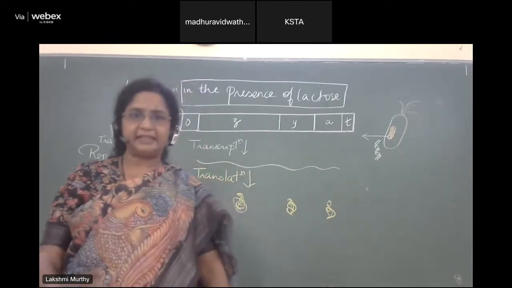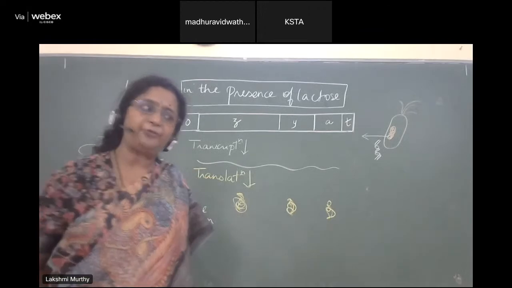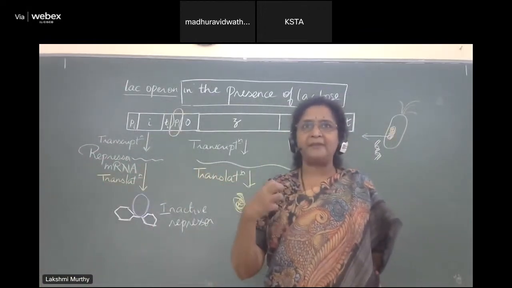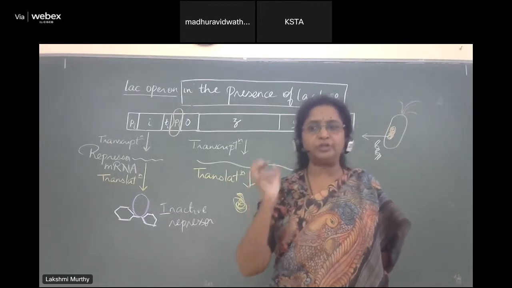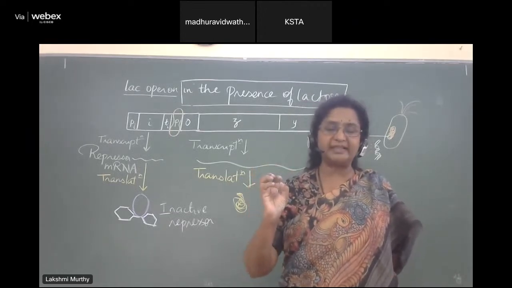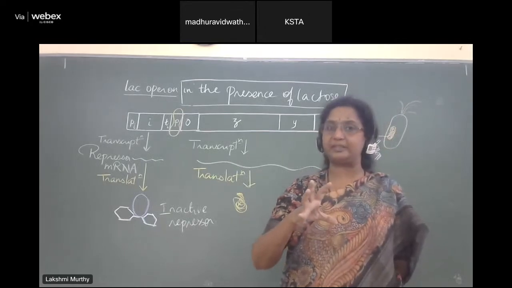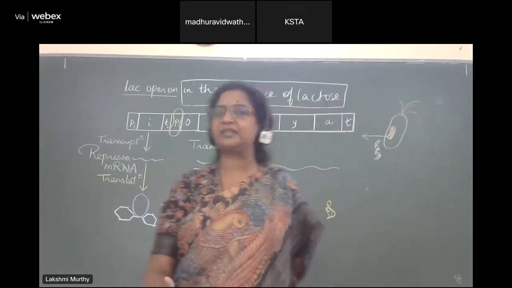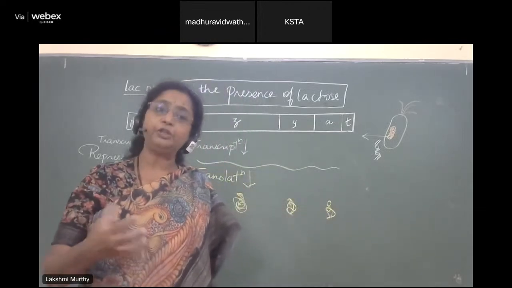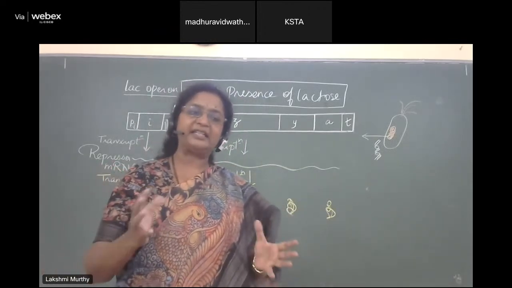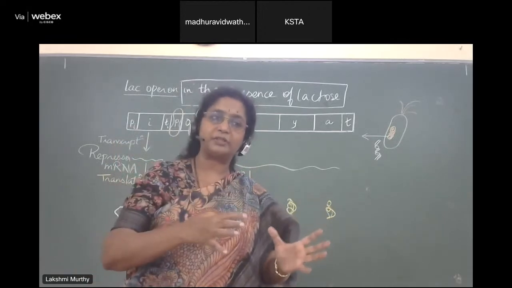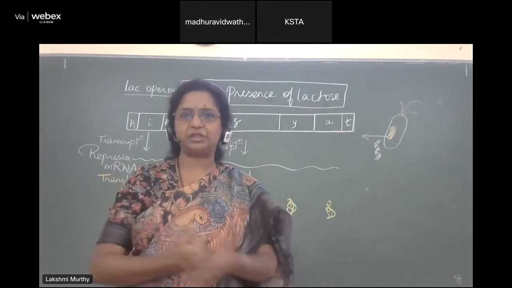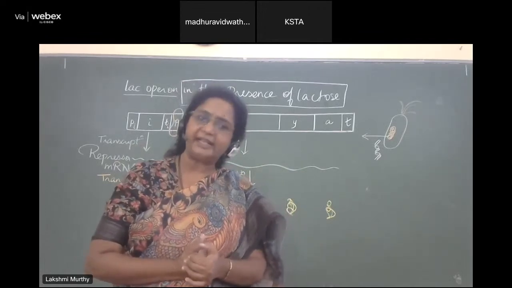I will just explain that briefly to you. Imagine a situation where I have low amounts of glucose and high amounts of lactose. Why should we always assume that in a natural environment only lactose is present or absent? You can have various situations, for example, high glucose, low lactose, high lactose, low glucose, etc.